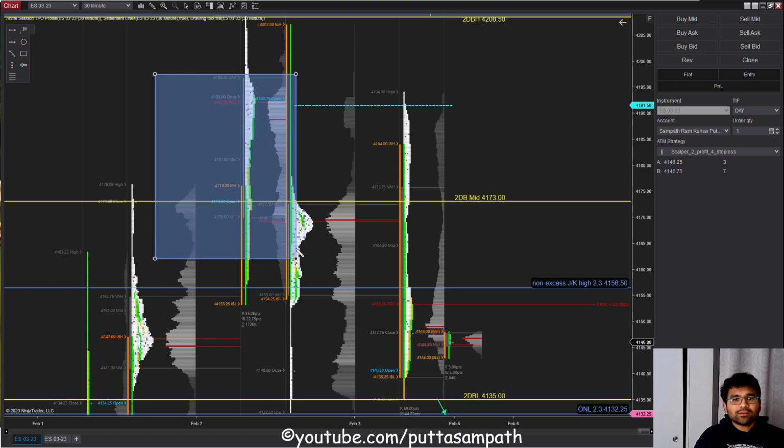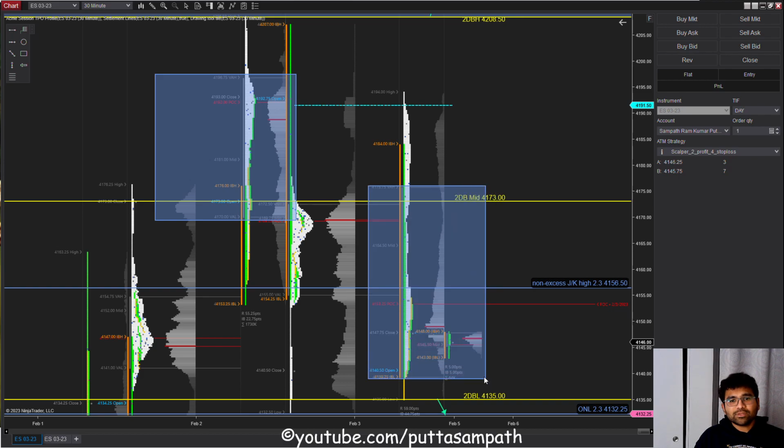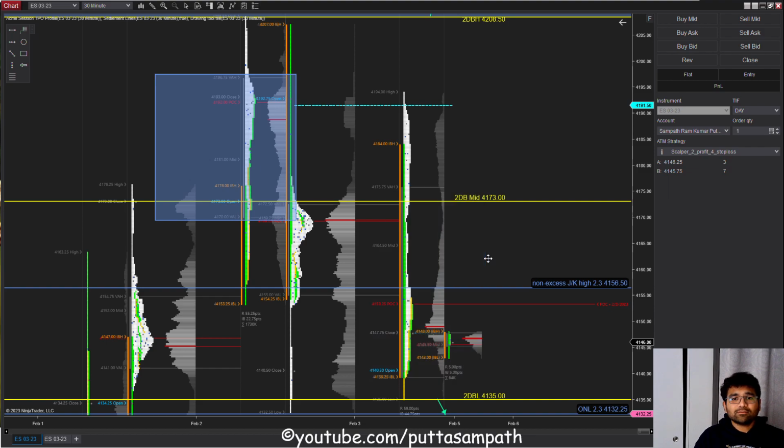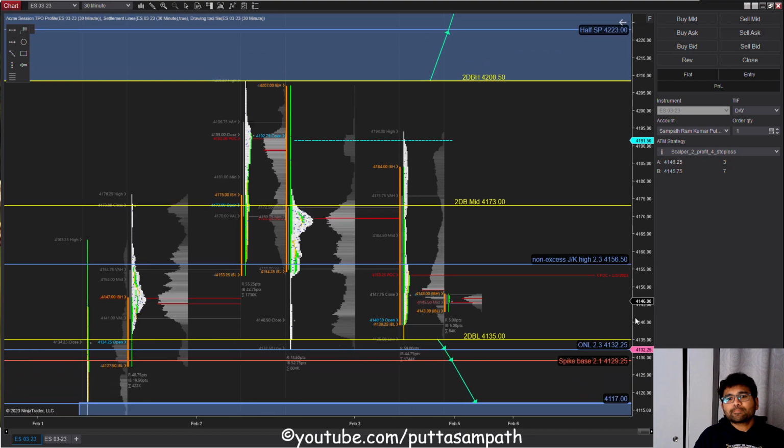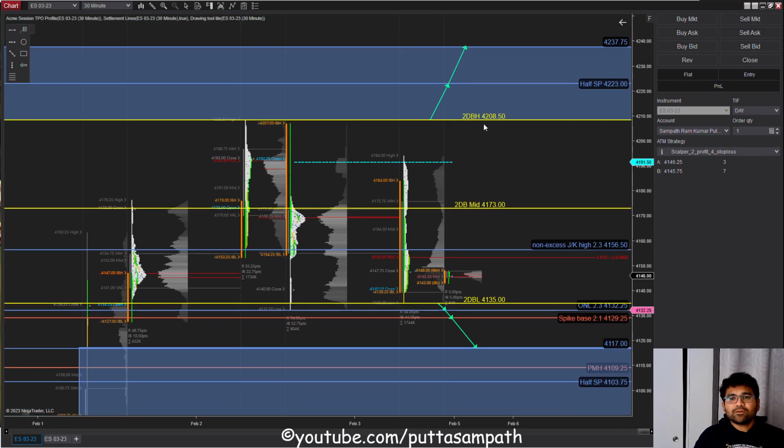So this value area here is overlapping with Friday's value area, which is today's value, and that is why the two-day balance rules are applicable, which means for next week above 4208.5 it's going to be bullish, so you want to position yourself with buying call options or